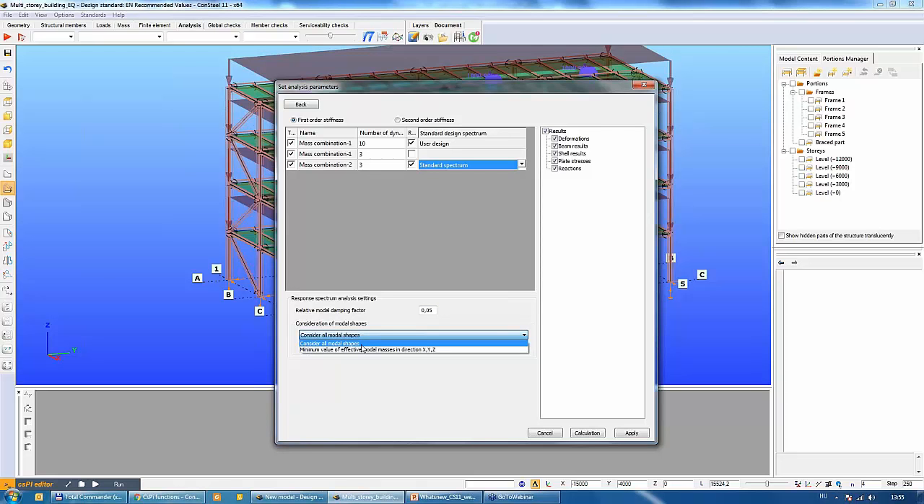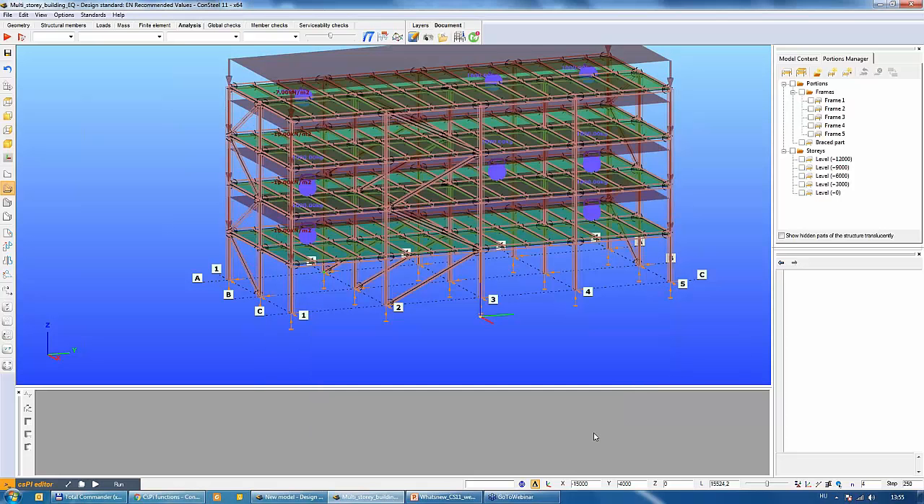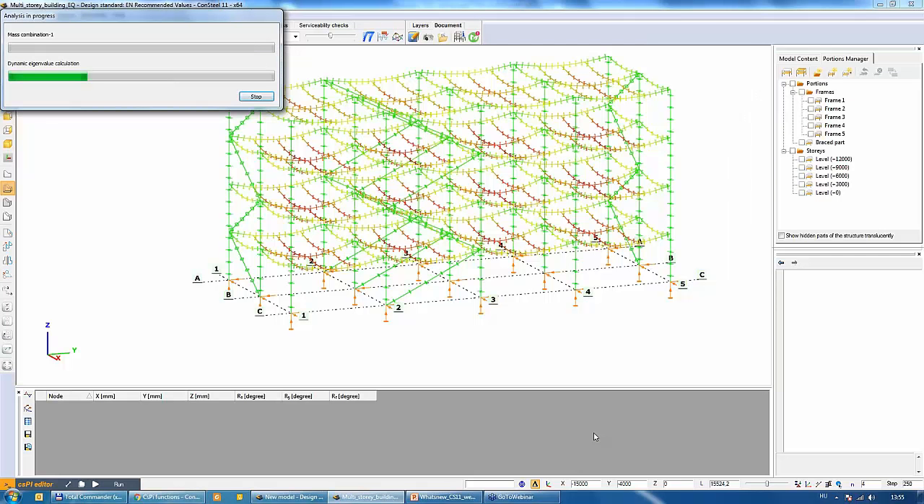You can consider all of the modal shapes, or you are able to set some minimum values for the effective modal masses in the different directions. Okay. And if you click on the calculations, ConSteel calculates the seismic effect, the response spectrum analysis,